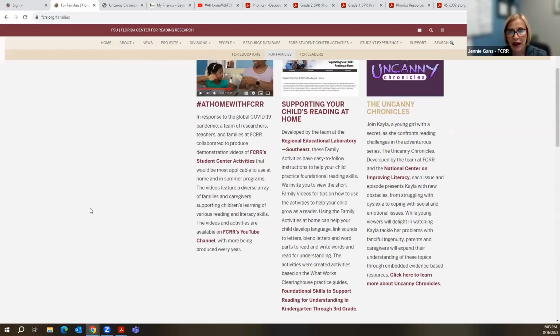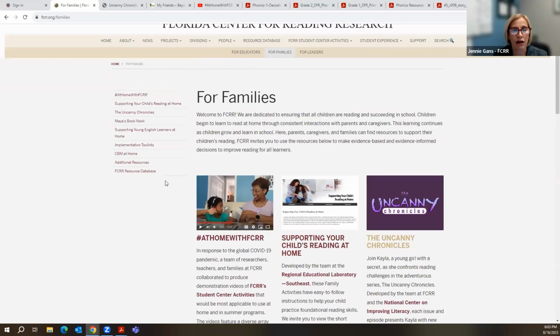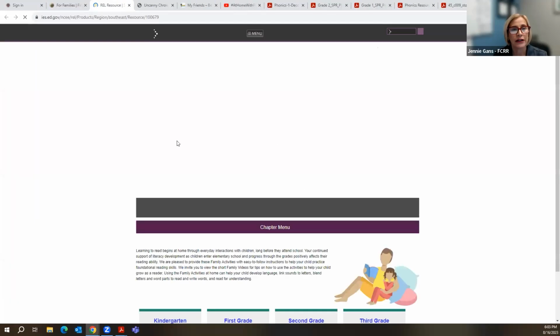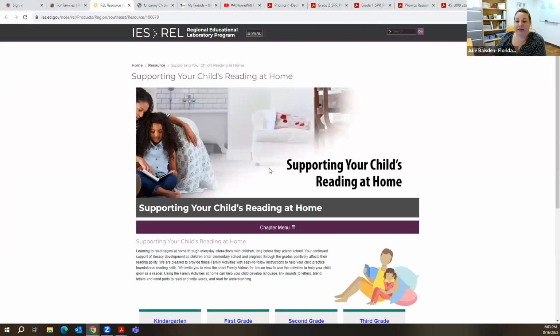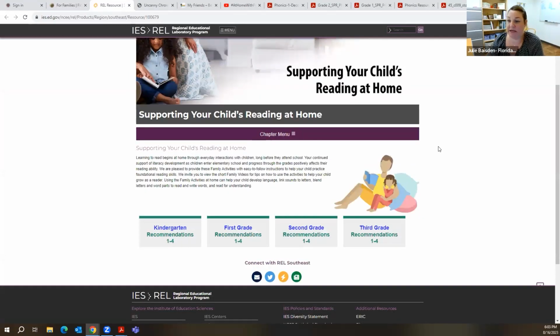We also have supporting your child's reading at home, as well as supporting young English learners at home. These are some of those toolkits, if you will. Yeah, and a lot of the information in these toolkits can be overwhelming. If you were to send this entire link home to parents, they would immediately delete it. This is probably too much to send home, but this is a great opportunity to pull snippets out and send weekly emails,